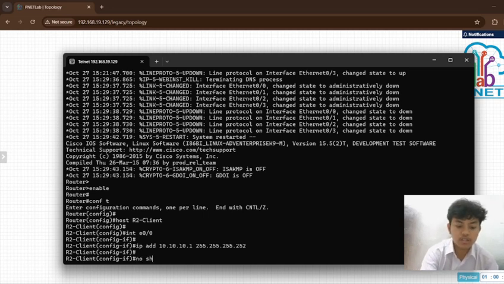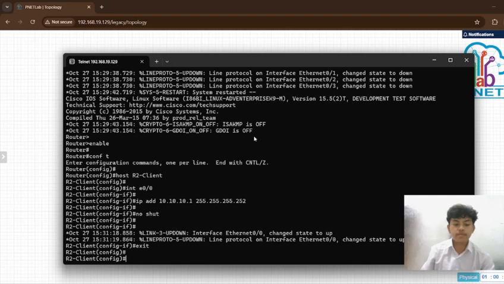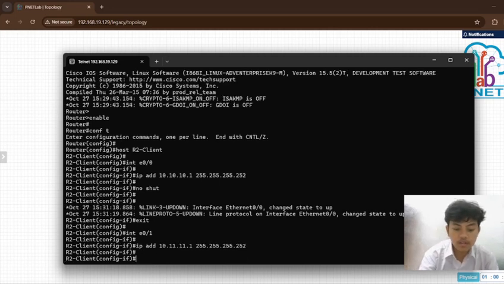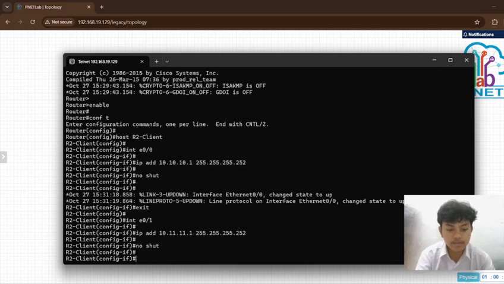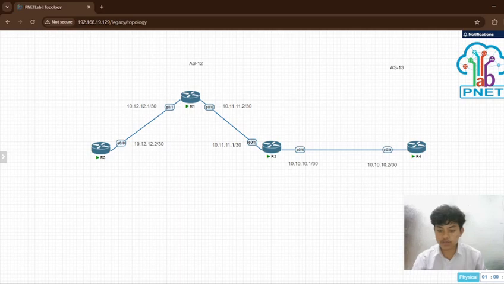Then no shut and exit. Again for interface 0/1, IP address 10.11.11.1 with mask 255.255.255.252, then enter and no shut, and exit.